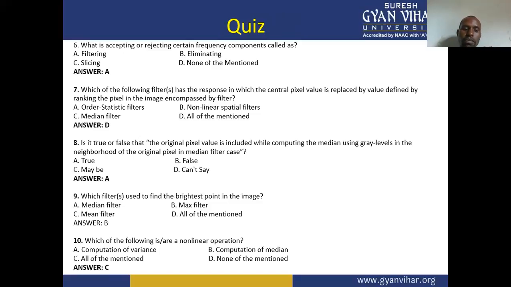We mentioned the min filter, where we take the darkest point and we take the response of the minimum. Max filter, we take the brightest points for the maximum values. So for non-linear spatial filter, that is exactly what we're looking at in terms of spatial filtering. Hence, our answer is